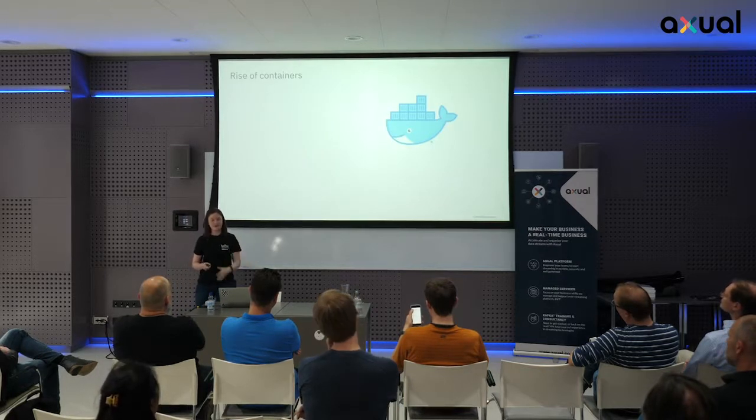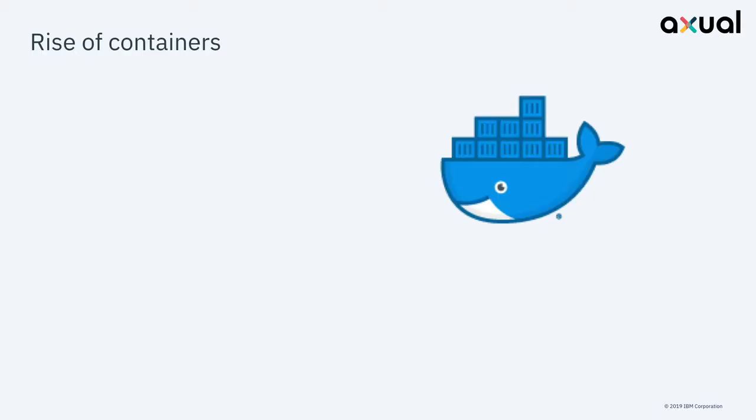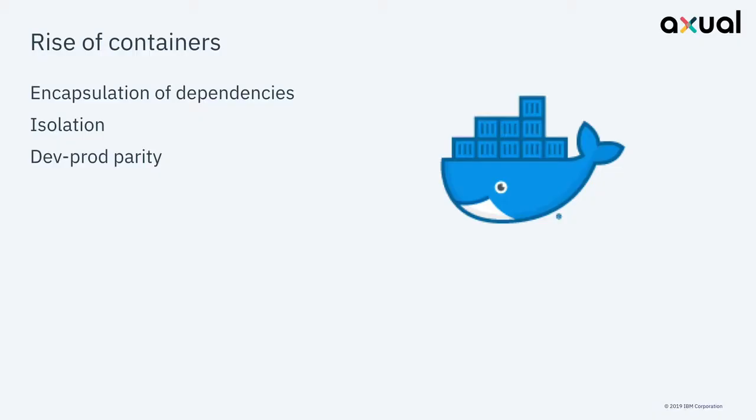And this, of course, led to the rise of containers. When you're running lots of different microservices in lots of different places, it makes sense to be able to deploy them easily again and again and again. And particularly in the move to cloud, we're wanting to deploy our microservices not just in the cloud, but also run them locally and then quickly update them and not have the problem of, well, it worked fine on my machine, but it didn't work when I went into the cloud. So the rise of containers provides encapsulation of dependencies, it provides isolation, and it gives you that dev prod parity so that you can run everywhere.